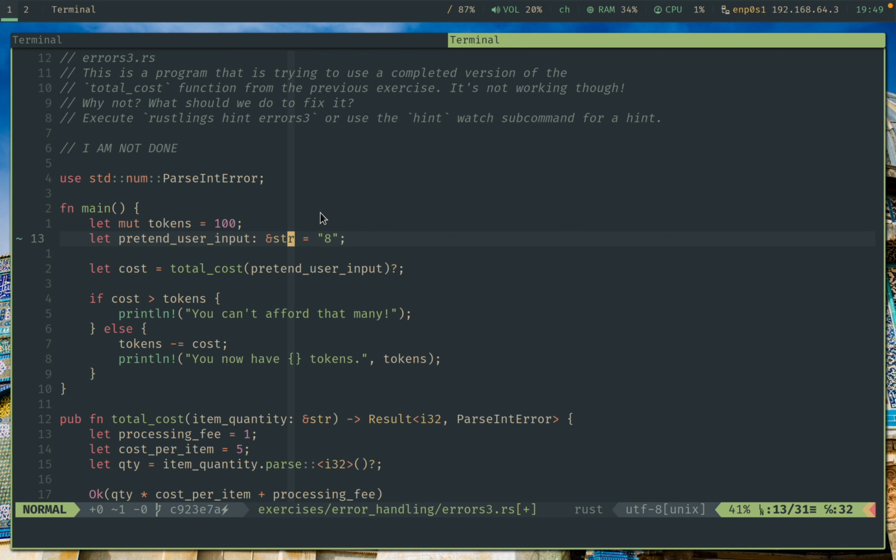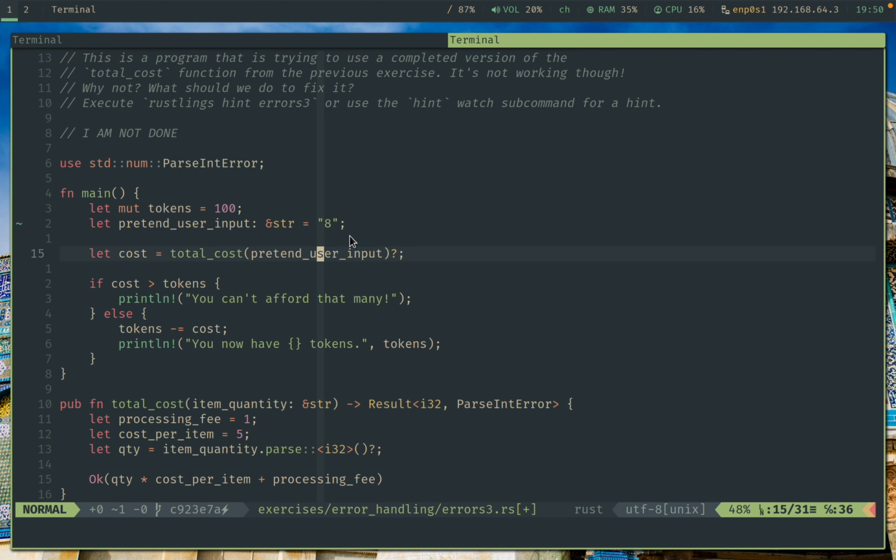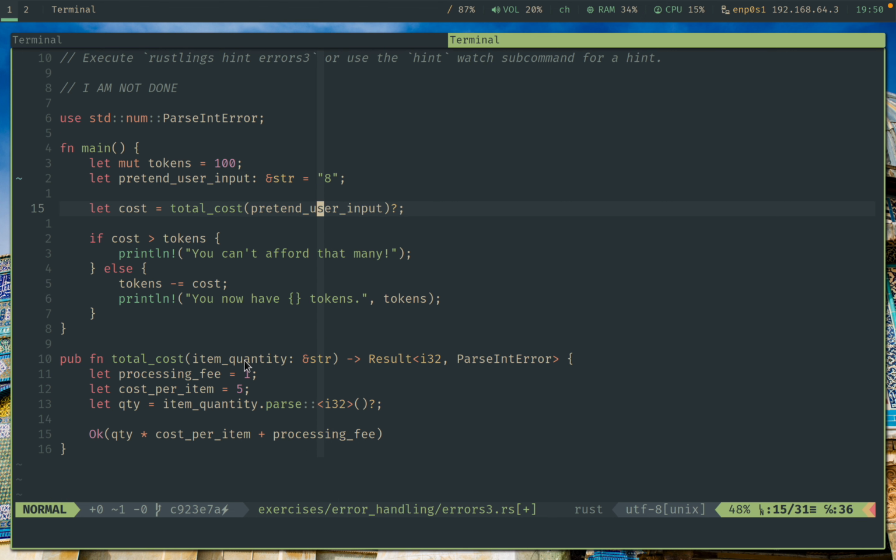Mostly if you give users something to input, they can basically type anything in there and you have to handle that. So here we have a string. And then what we do here is we call this function total cost with this pretend user input 8. This again is a string. So we call that, and then this will get processed. And we then return over here